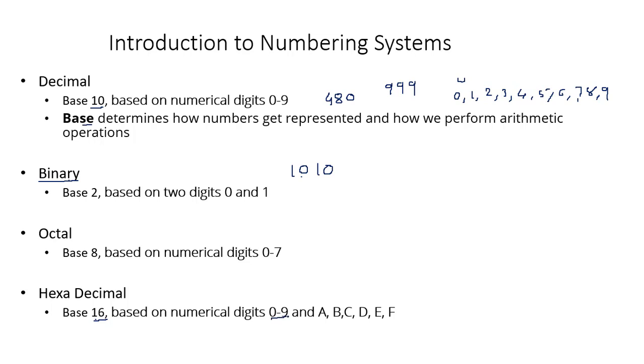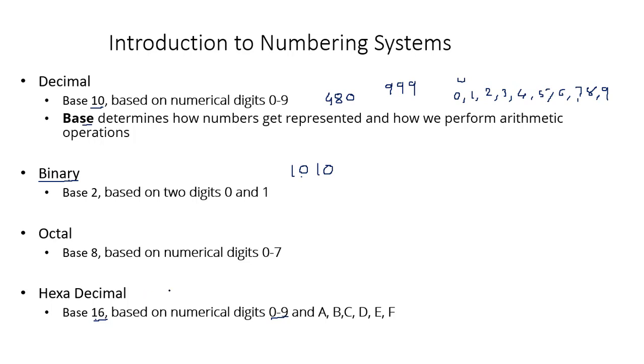So 0 to 9, that's 10 numbers, and then we have alphabets starting from A, B, C, D, E and F. So 6 alphabets. That constitutes the hexadecimal number system. As I said, friends, almost all computations in the computer are performed using the binary number system. Octal and hexadecimal help you represent any complex number very easily.